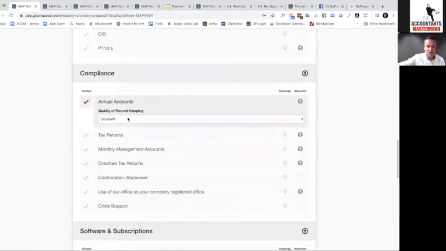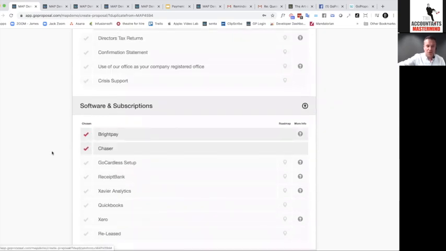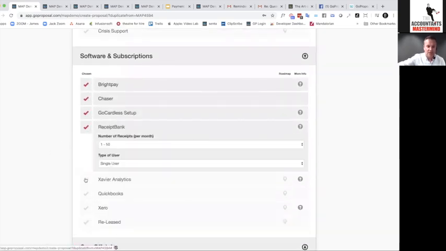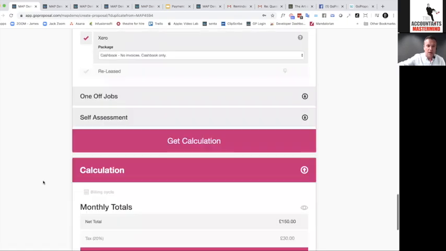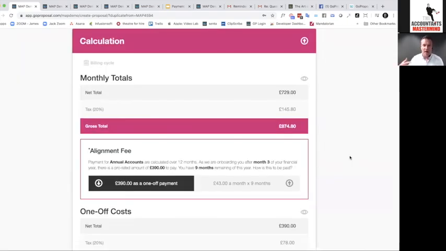Any compliance services they've got and what levels of service they've got. And obviously all of this is completely configurable. This is just our setup in here. And all of your software that you're going to be providing to this client as well. And then at that point, the idea is that whilst we're sat with them, I can then show them what